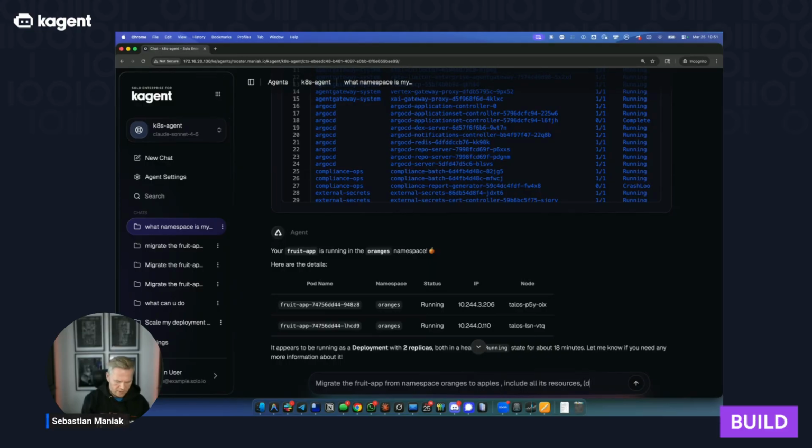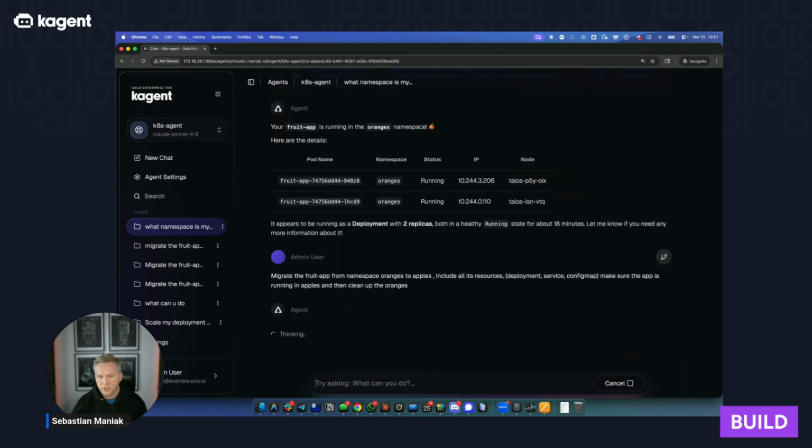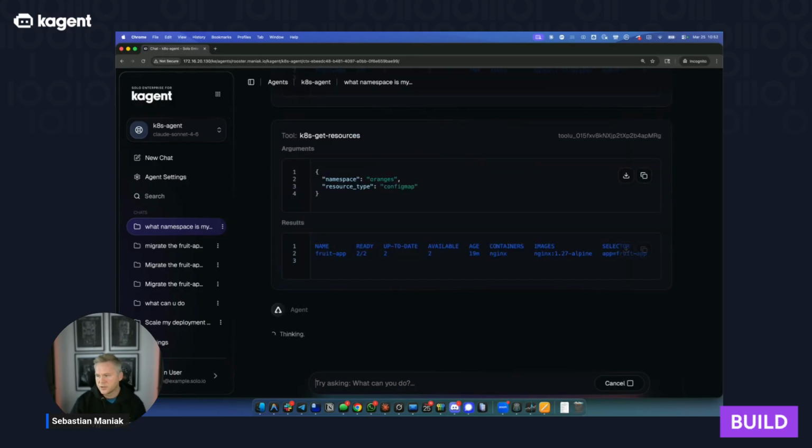So what do we have? Probably deployment, service, ConfigMap, and then make sure the app is running in the apples namespace, and then clean up the oranges namespace. So we're going to invoke this, and the AI agent is going to go